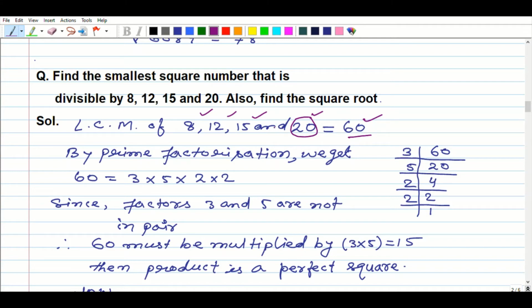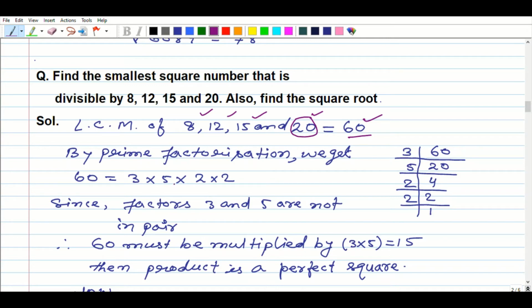We have the numbers and this is how we will find the LCM of them. First of all, take the larger number among them, then read the table of the larger number and see whether the given numbers divide the multiples of the larger number or not. So you can easily do it, there is no requirement of pen and pencil, mentally you can do it, right? So now our LCM is 60. Do the prime factorization of that.